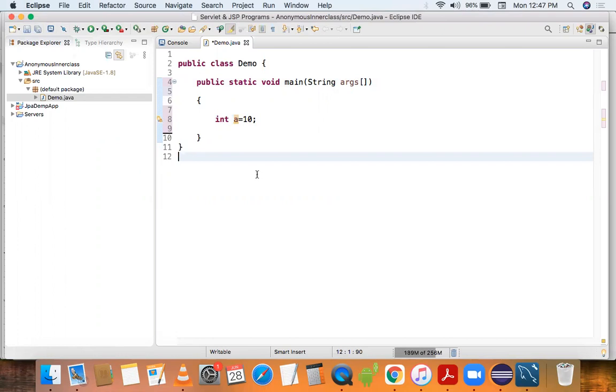There are some certain rules which we should remember when we declare a variable.